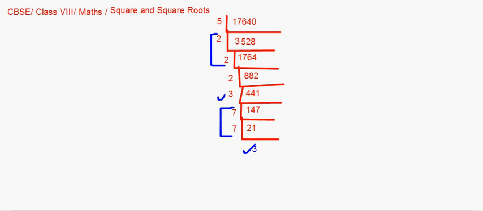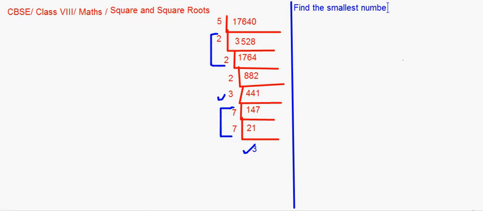You might come across questions which are not as direct as these ones, wherein you are supposed to find if they are perfect squares or not. So I'll write one such question. I can take this space up and write the question here. It says, find the smallest number by which, so sorry for the spelling mistake, by which